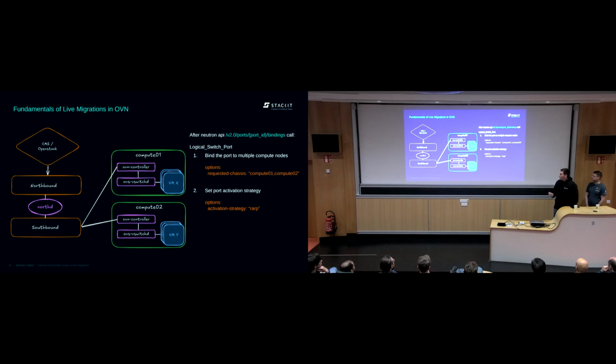And in the requested-chassis section, normally you have only one hypervisor written in, but you can also write multiple into that field, and then you have your primary and secondary hypervisors that claim the port. This is basically done for the live migration. So then the source and destination compute node can have flows provisioned and the ports plugged